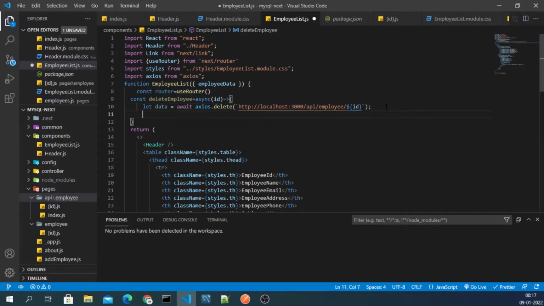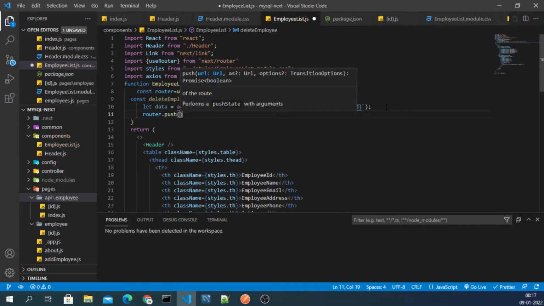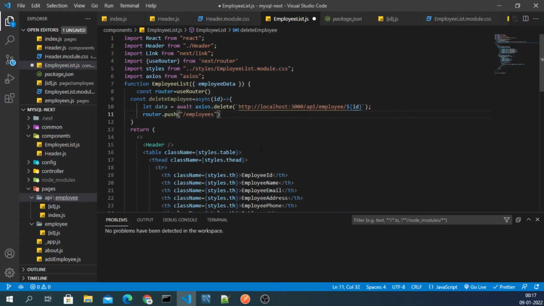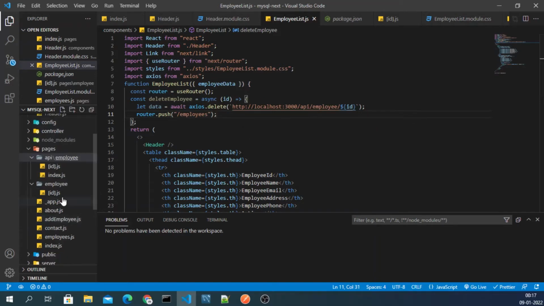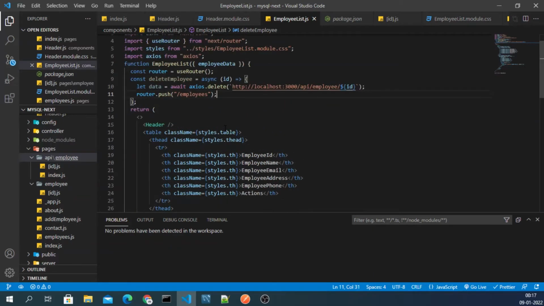So I will simply do router dot push, and put the slash employee path. Not the home page, you will be taken to this employee list where all the employees are, right?